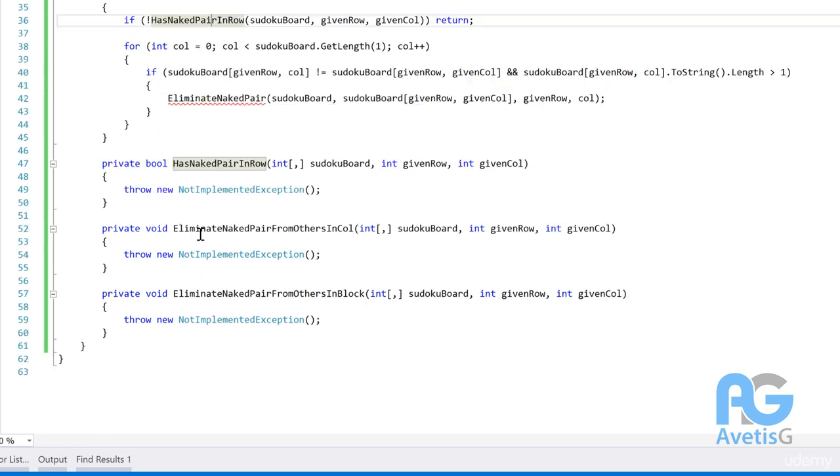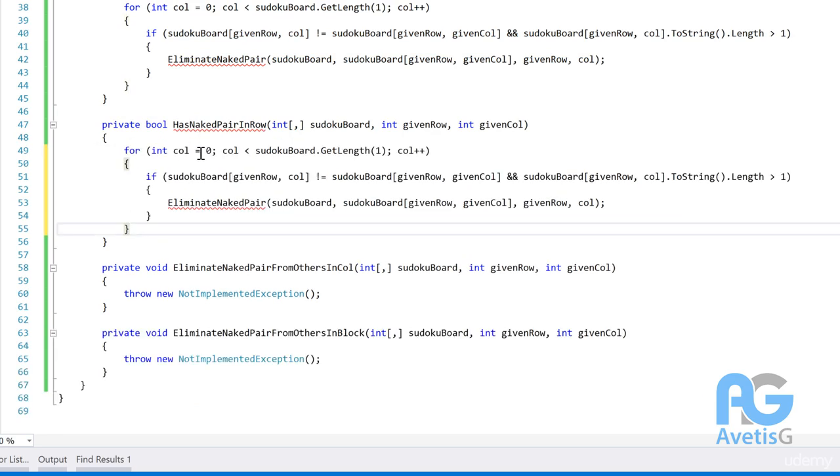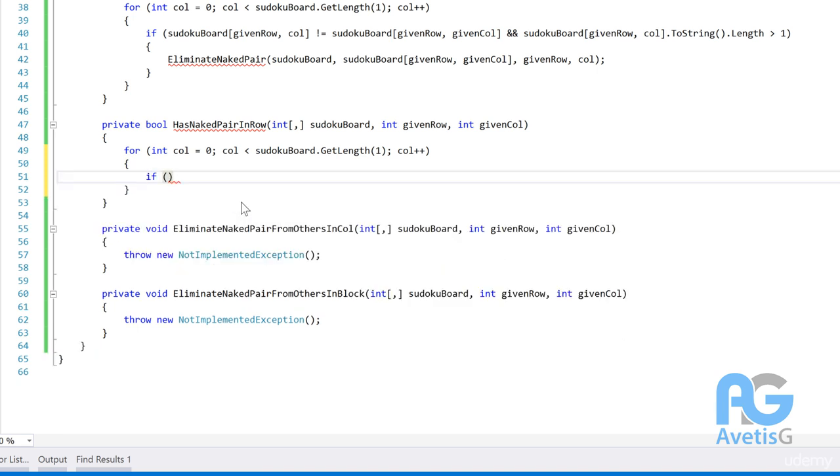So has naked pair. How do we figure out if it has a naked pair? Pretty similar to this guy, actually. We're going to go through the columns for the given row, and we're going to do the following. If given column is not equal to the column and is naked pair, once again, it's a method that we're going to implement. So many at this point, right? So if it is a naked pair,